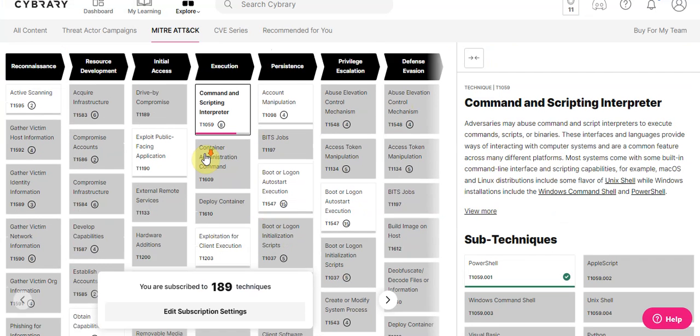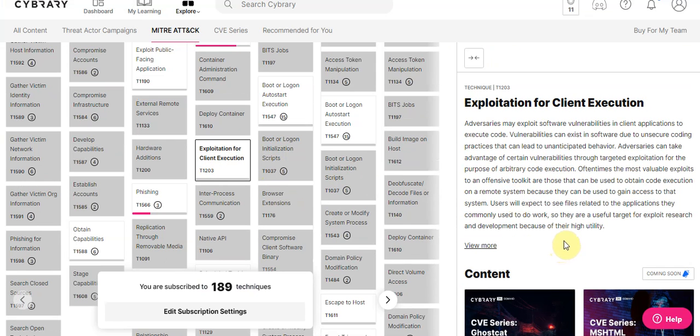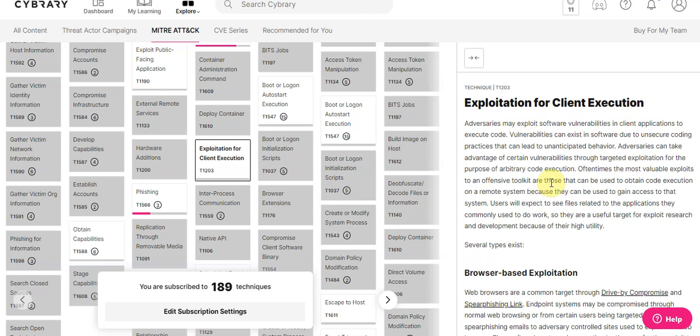So moving forward, we will take a look at exploitation for client execution. This is the most common technique. Exploitation for client execution simply means that there is some vulnerability available in any kind of application, be it first party, a browser, or any third party application, package or software. So if the vulnerability exists, there will be some CVE,